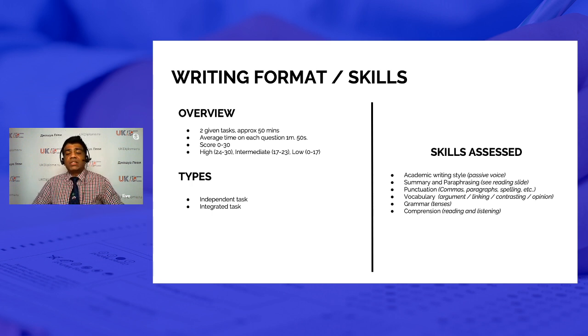You must use academic style of writing, and you must use punctuation. So you must have the right punctuation. They are looking at that. So like when you use big letters, when you use small letters, when do you use a comma, when do you use a full stop, are you using speech marks or not? Vocabulary, spelling,